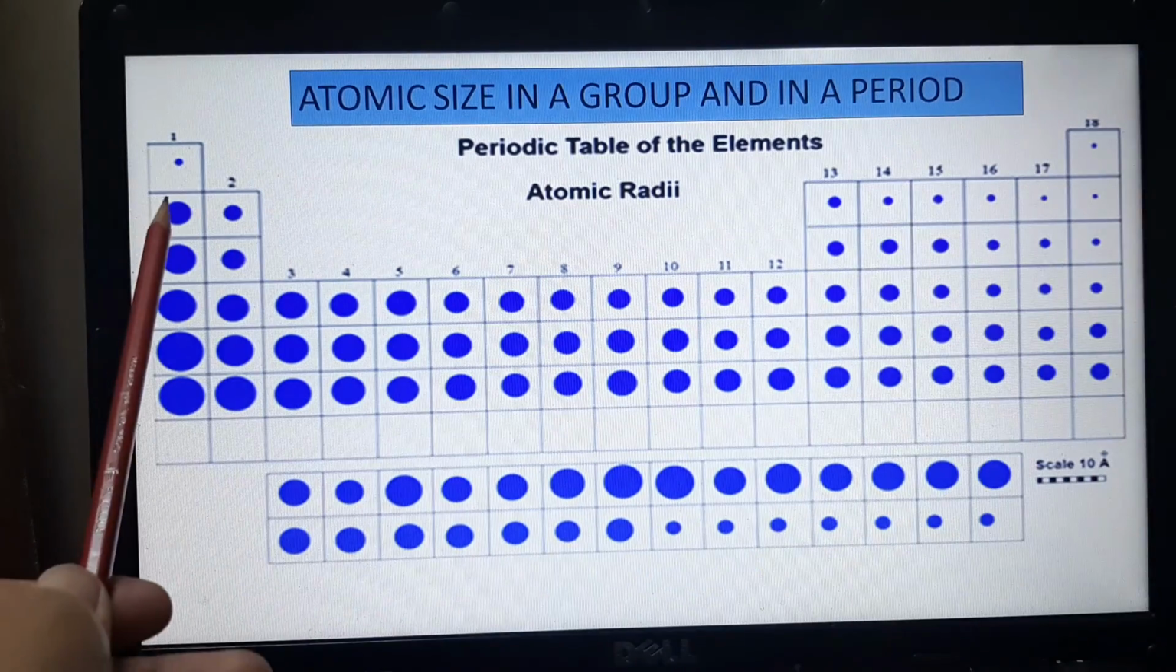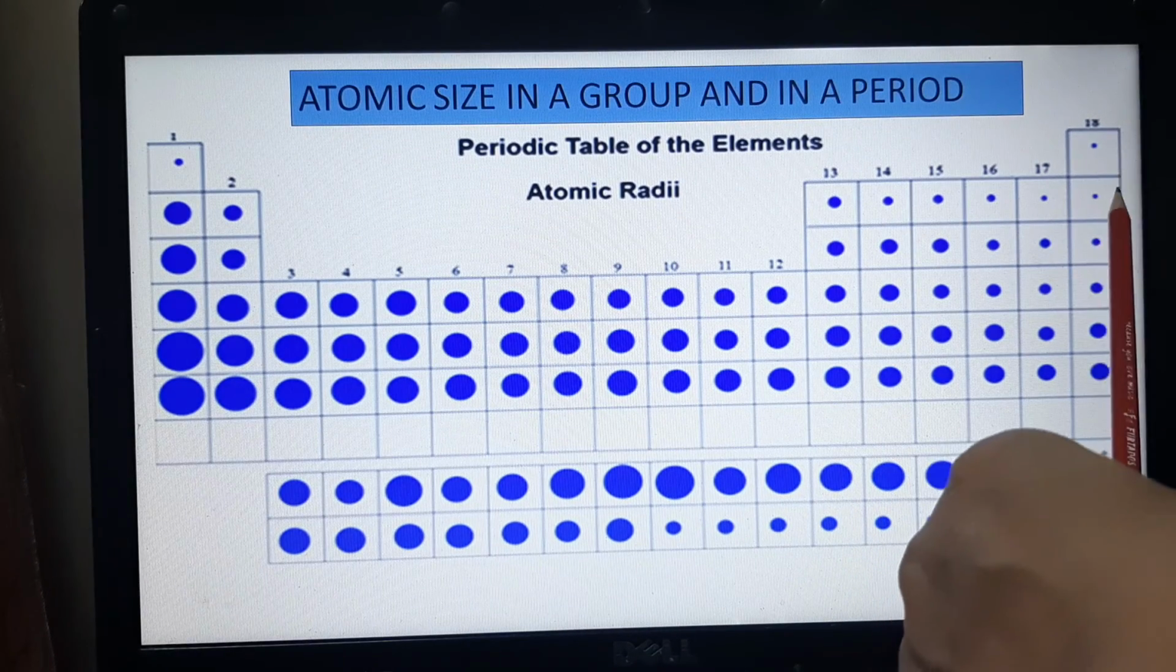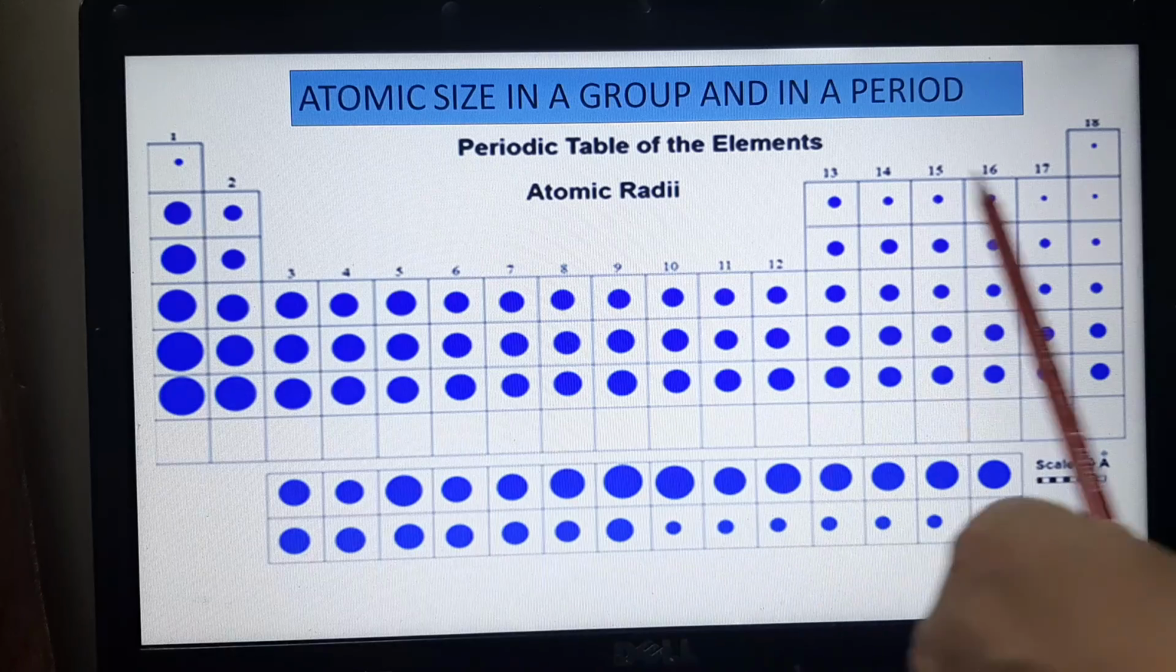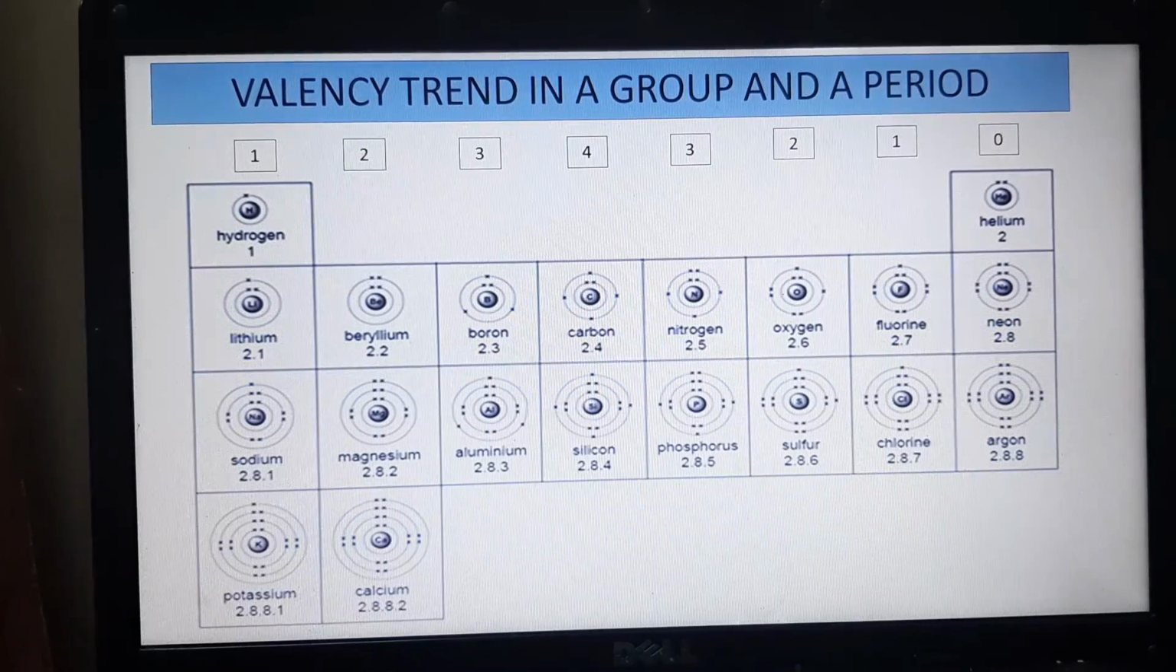So though we would assume that neon should be larger, no, in a period the size of the atom goes on reducing, whereas in a group it keeps on increasing, right? So here I'll just give you an example. Here you've got hydrogen,